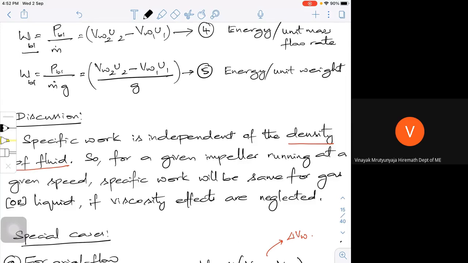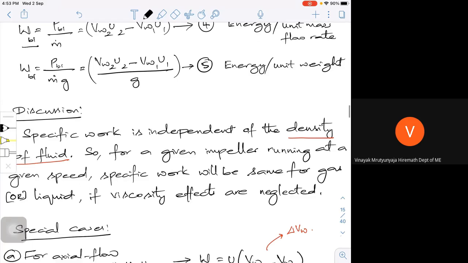This may be one of your quiz questions, if you are taking GATE and so on. They may ask whether the specific power for a turbo machine will remain the same or will change. So you assume this as power and write it, but specific power will remain the same because the density of the fluid doesn't change. Because of this, the viscosity effects are almost negligible. If you almost neglect them, then this number will remain the same.